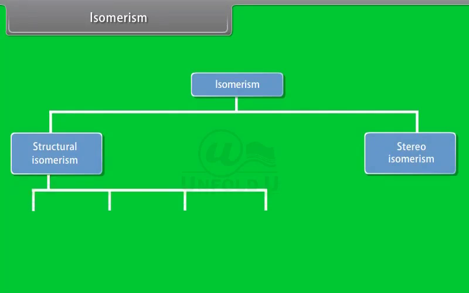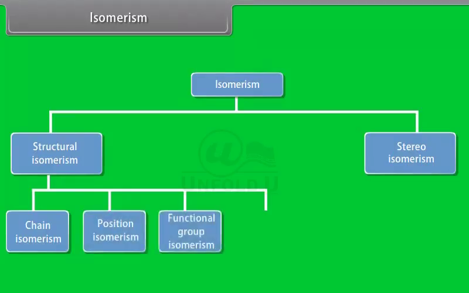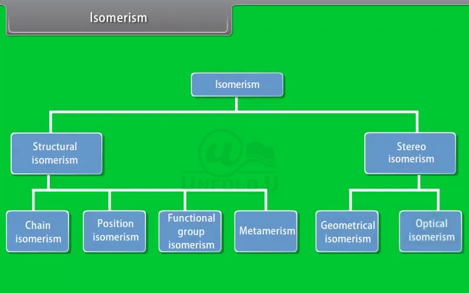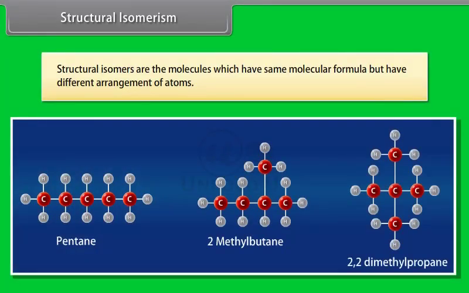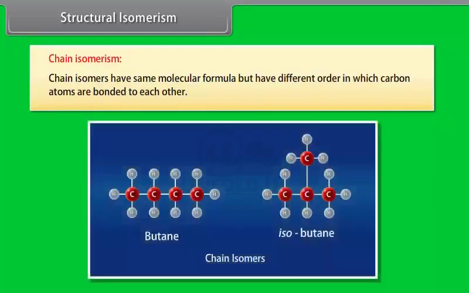Structural isomerism can be subdivided into chain isomerism, position isomerism, functional group isomerism, metamerism. Stereoisomerism further categorized into geometrical and optical isomerism. Structural isomerism. Structural isomers are the molecules which have the same molecular formula but have different arrangement of atoms. Chain isomerism. Chain isomers have same molecular formula but have different order in which carbon atoms are bonded to each